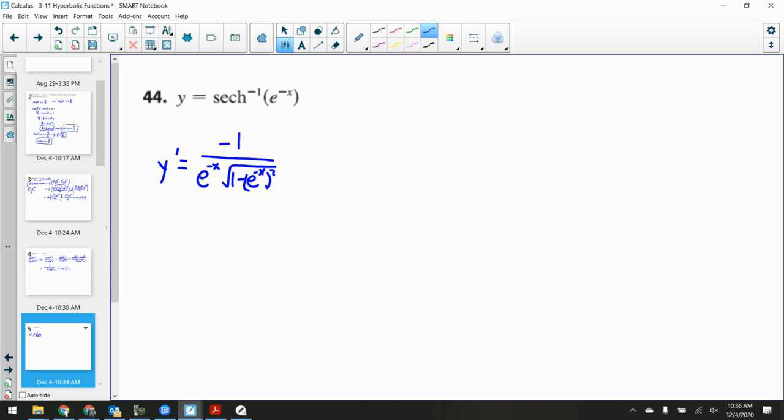Do you follow me there? That's just applying the derivative of secant. Now we have to multiply this by the derivative of e to the negative x, which in our case here is just e to the negative x. But watch out, because I have to treat this like another chain rule. When I go to define the derivative of e to the